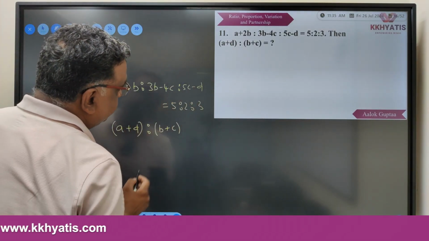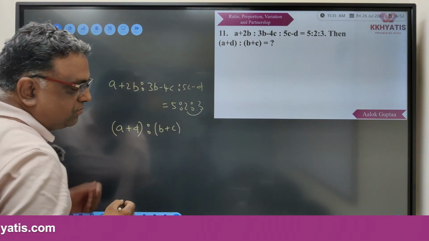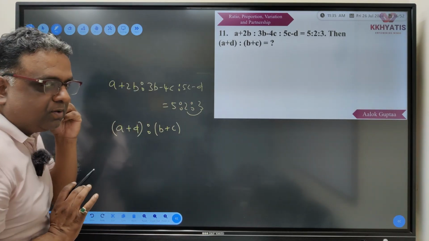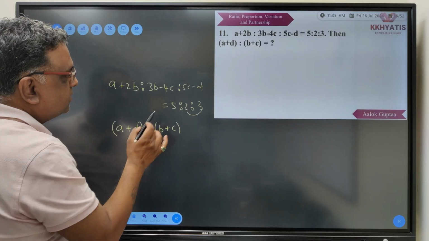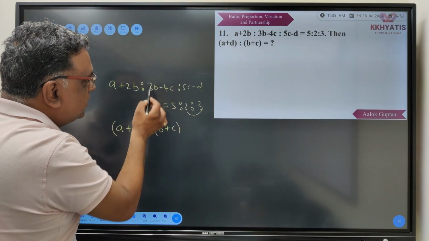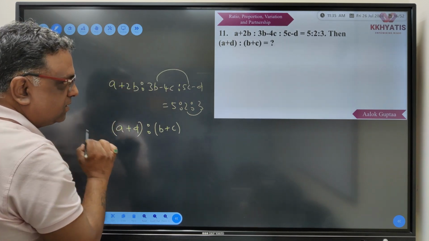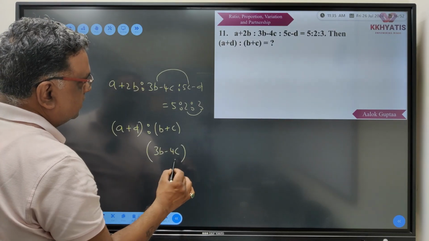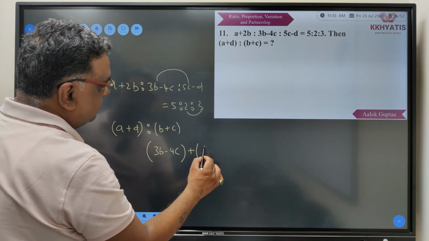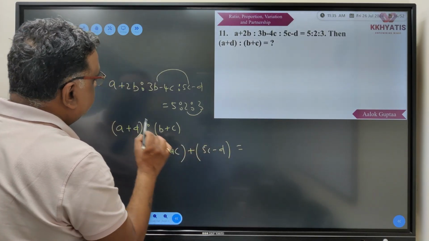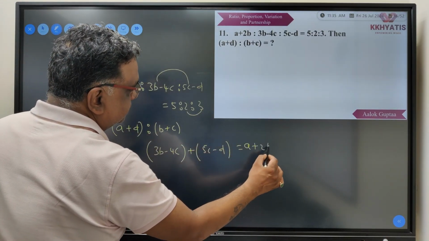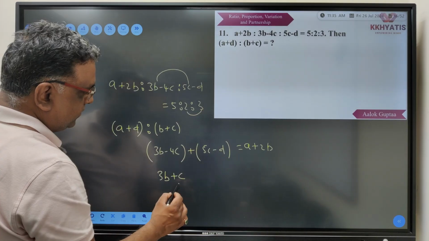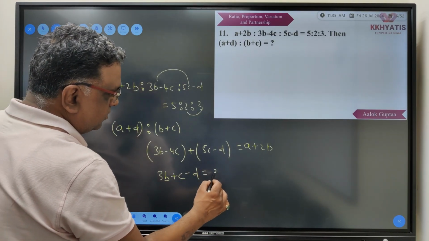If we analyze this, 2 plus 3 equals 5. If I add these two quantities, they become equal to the third quantity, right? Which means by this analogy, this plus this should be equal to this, which means 3b minus 4c plus 5c minus d should be equal to a plus 2b, which means 3b plus c minus d should be equal to a plus 2b,